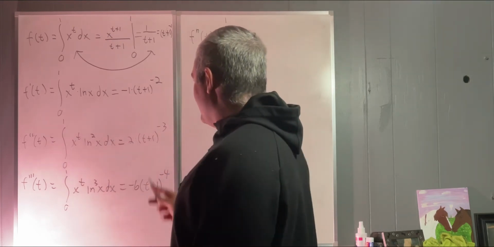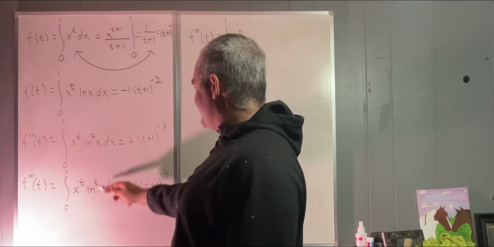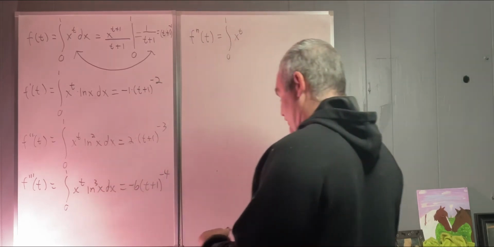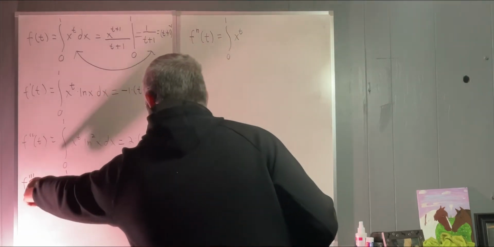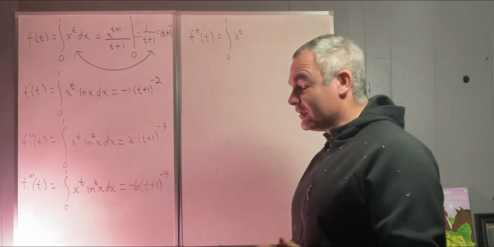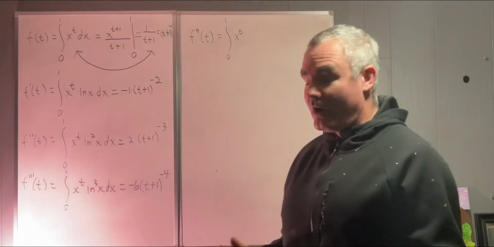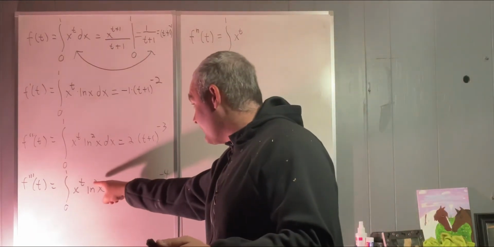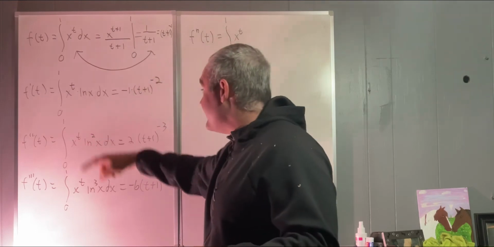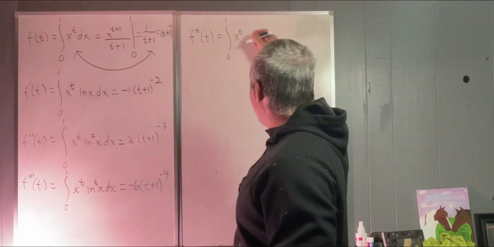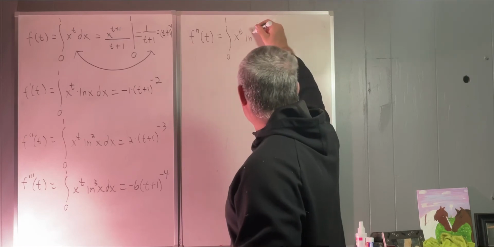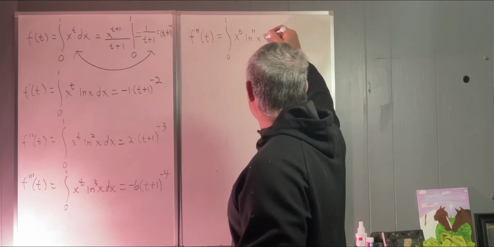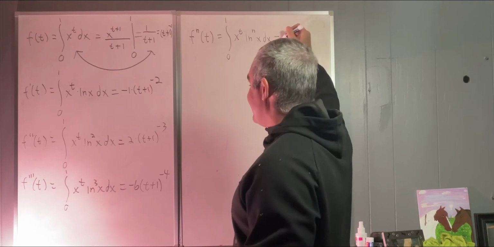But the power on the ln x is changing, and it is precisely equal to whichever derivative we're on. If we're on our third derivative, it will be equal to 3. If we're on our second, it will be equal to 2. If we're on our nth, it will be equal to n. Natural log to the nth power of x dx, and this is equal to